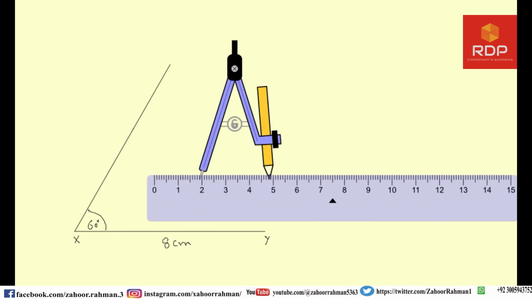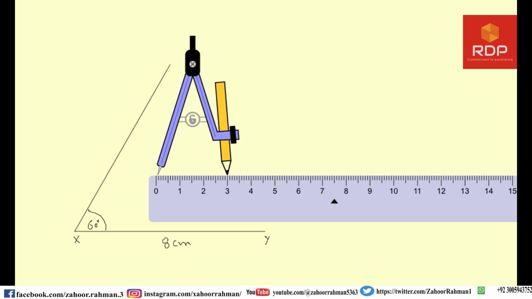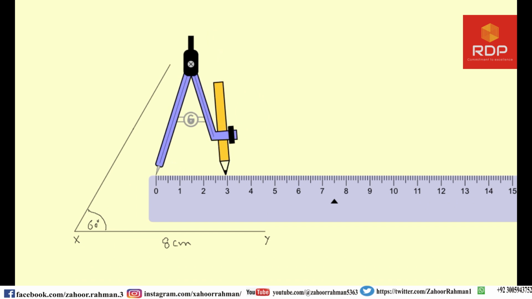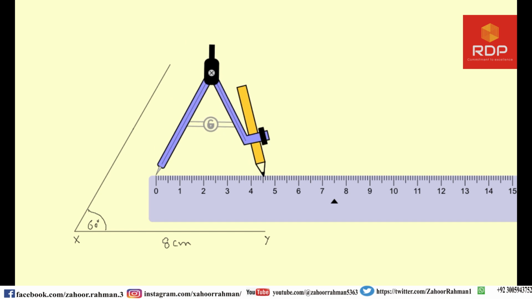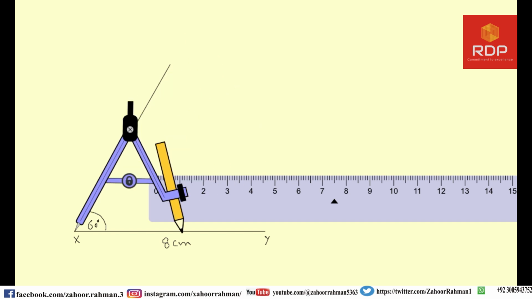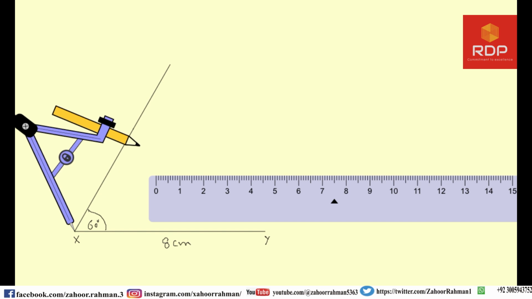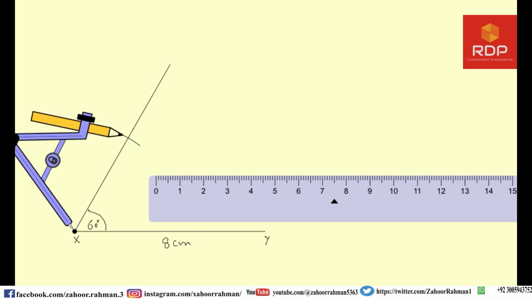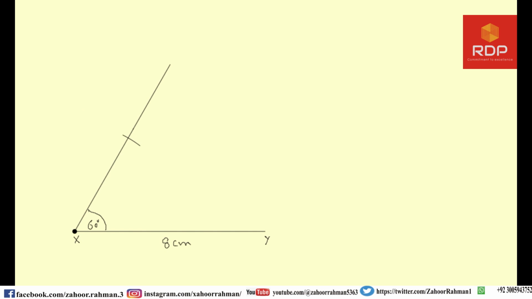So let us open this compass as 4.5 centimeter, which is about this place, 4.5, and this will be our position, and we have to label it as 4.5 centimeter. Now because it is a trapezium, the next line will be parallel to XY,